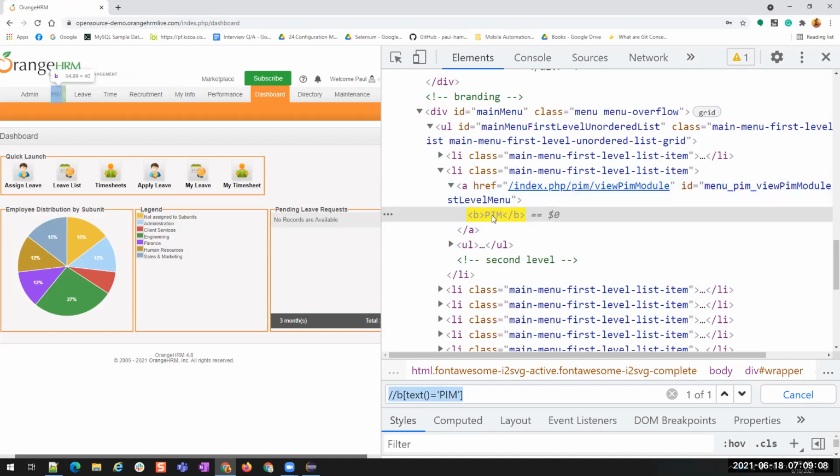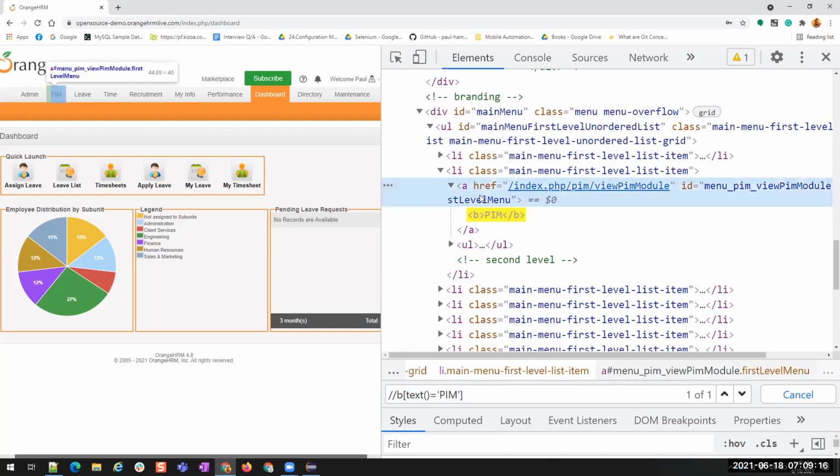Here, if I want to find using its text, I cannot find the link, but I'm finding some text called B tag. But I want a link. I can perform the operations on the link, not on a B tag. So to perform the operation on a link, I have to find an A. Now see, when I write this XPath, it is finding the element, but it is highlighting the particular B tag. It should actually be highlighting the anchor tag. So in that case, this doesn't work for us.